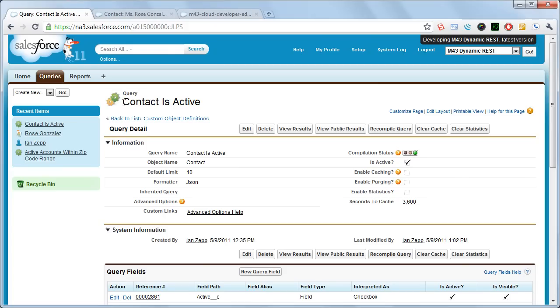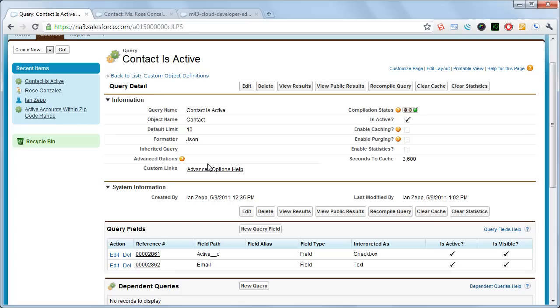Anyways, so we've got a query here. A query is the root object of the dynamic REST package. We've got a query called contact as active. And the use case is pretty straightforward. It's essentially find me a contact or all contacts that are marked as active, whereas active is a new custom checkbox field that I've added in, and that have an email that's based on something that I'm passing in as